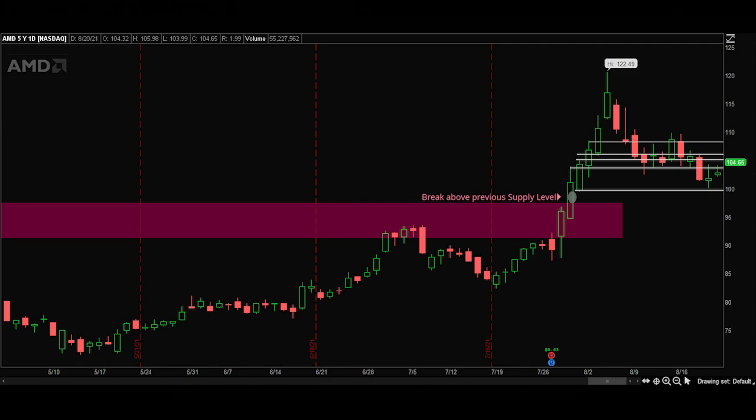AMD, if you'll see up here, had such a great run because it had broken through this supply zone that it previously kept going into and getting knocked down from. Now, every time that a stock hits a support or resistance or a supply or demand zone, it is weakening that area because there are less orders there to fill when you're talking about institutional buy or sell orders. So once AMD broke above this supply zone,